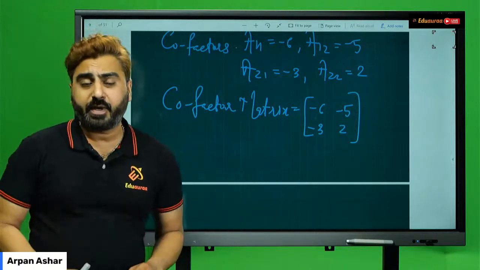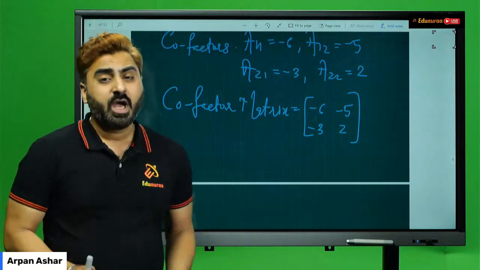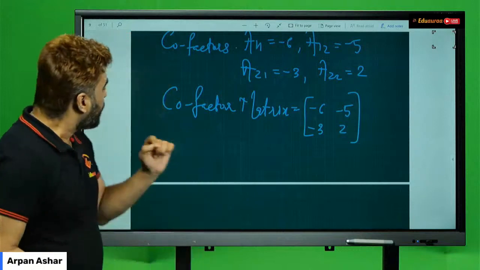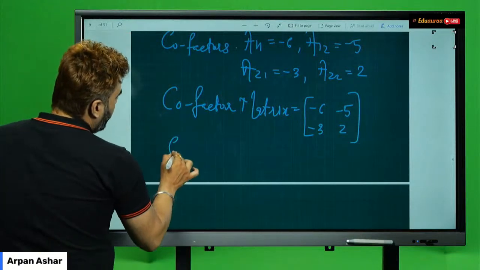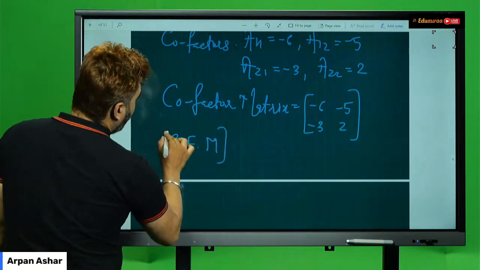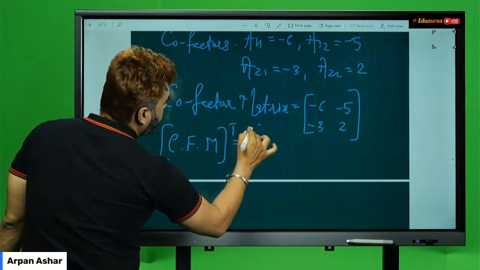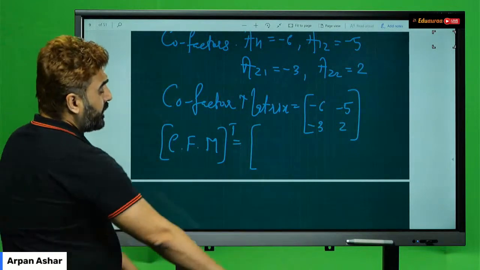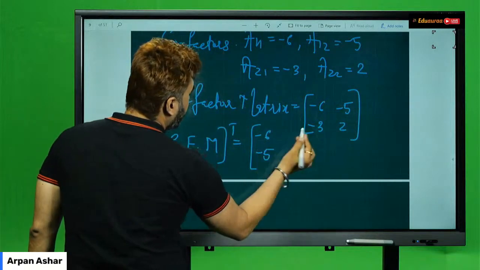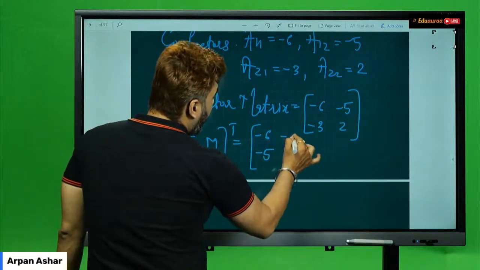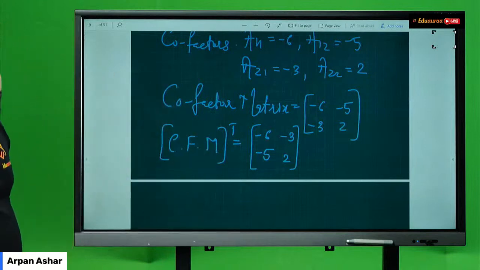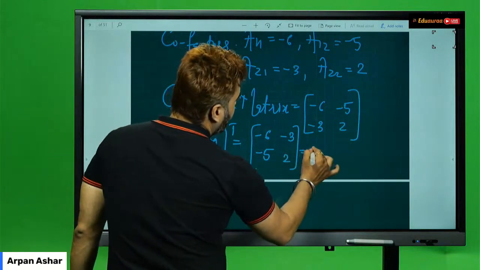What is transpose of a matrix? Interchanging of rows and columns, that is R1 changes to C1, R2 to C2, R3 to C3. So students, when you find transpose of this cofactor matrix, तो क्या हो जाएगा, ये जो R1 है वो C1 में चेंज होगा, that means -6, -5, और R2 चेंज हो जाएगा C2 में. और ये जो मैट्रिक्स फॉर्म हुआ, this is nothing but your